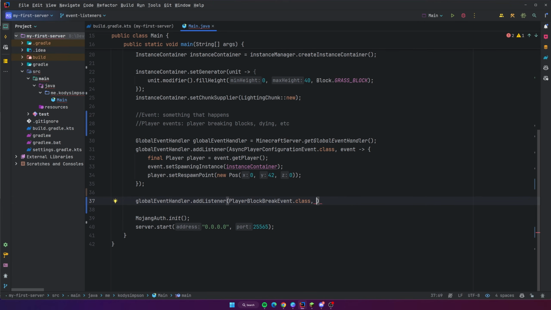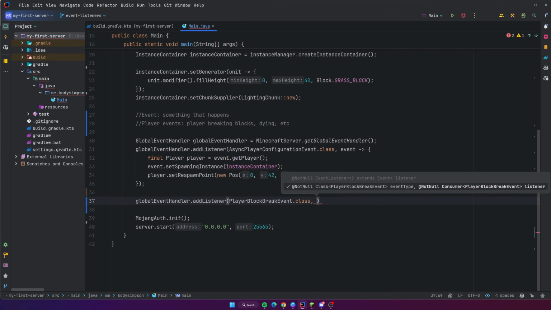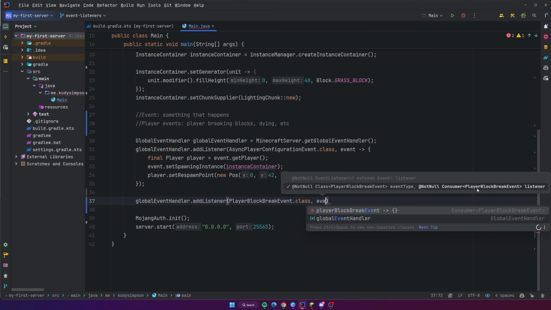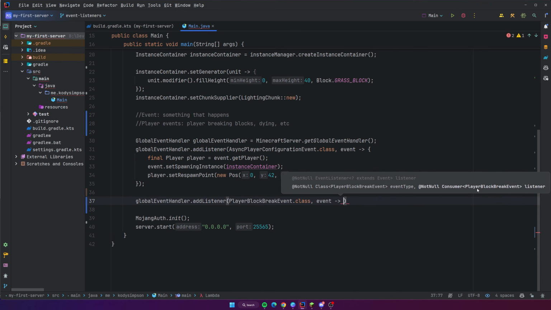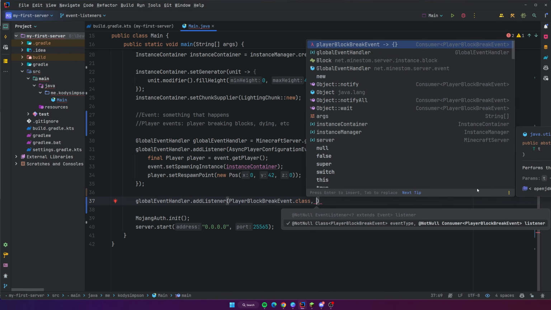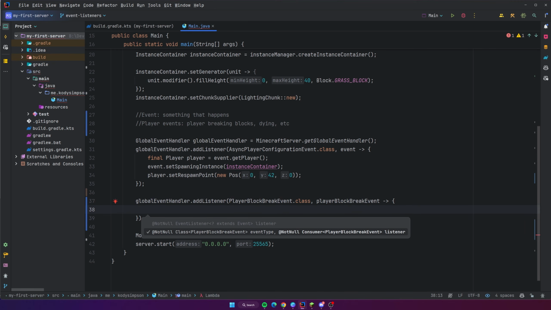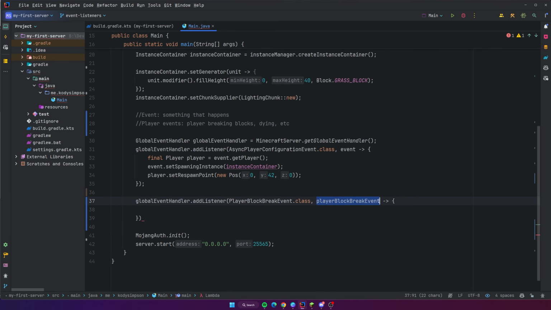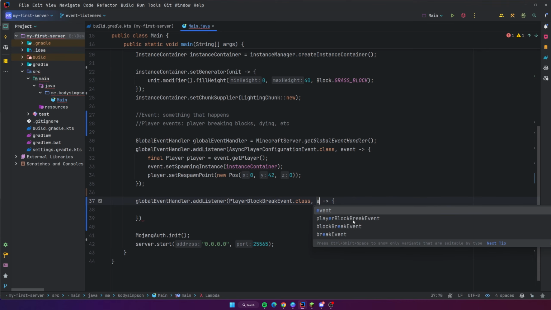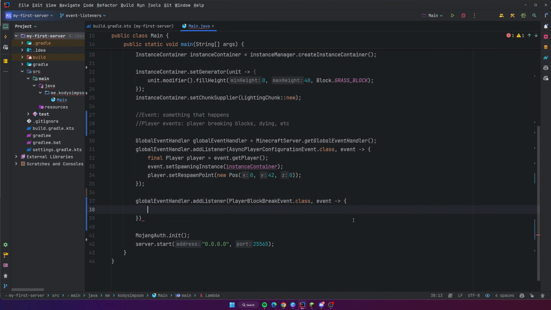But yeah, once you have told it what class you're going to listen to, what event you're going to listen to, now we can give it a lambda, a consumer, which is representing what happens when the event is listened to. So we can just do events, arrow, and then open the curly brackets, or you can do control space and then just press tab and it will autocomplete all of that for you. So one thing I like to do though, which is very common, is change this name here from this long name to just event. It's just easier to call it that way, or E, whatever you want to name it.